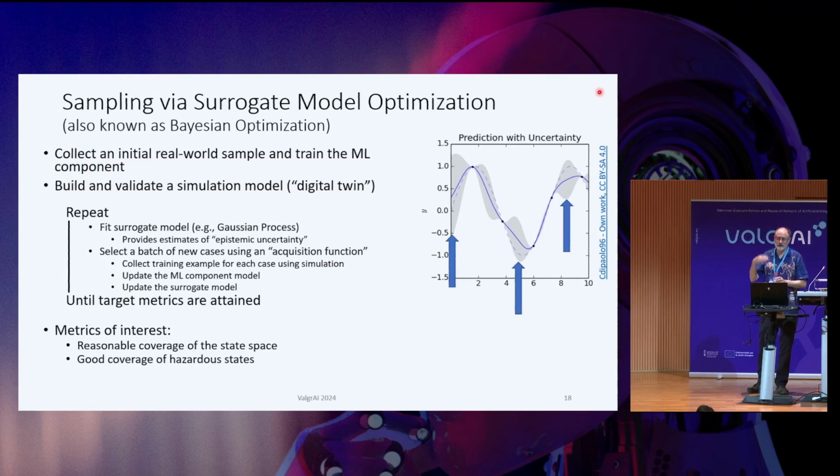So the approach that has been taken is twofold. First, to go and collect a substantial real-world sample of, say, driving on highways, and use that to make an initial machine learning component. But even more importantly, you use that to build and validate a digital twin simulation model. And there are still a lot of issues there about whether the simulation model will also be able to simulate the corner cases or not. But often the simulation model has a lot of knowledge of physics, so it can predict what will happen in certain kinds of collisions, even though we have no training data for those collisions.